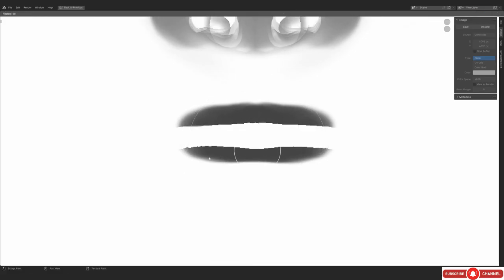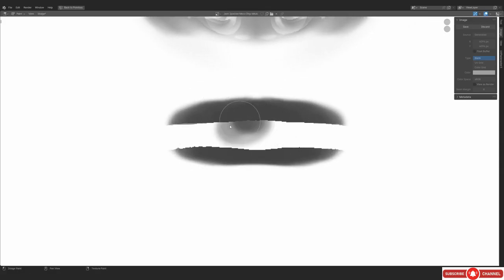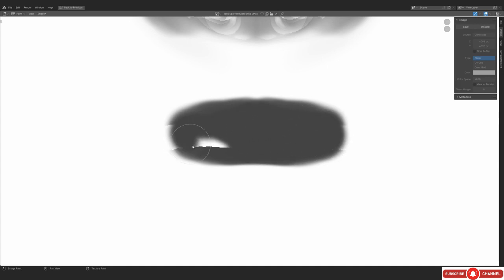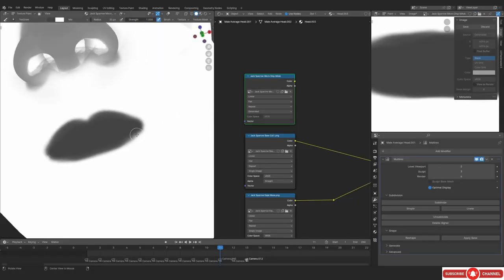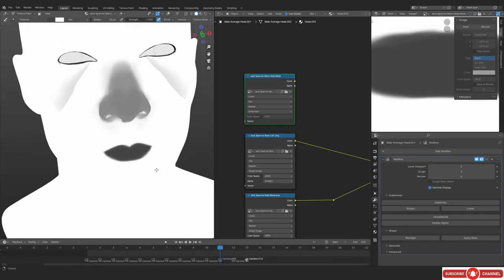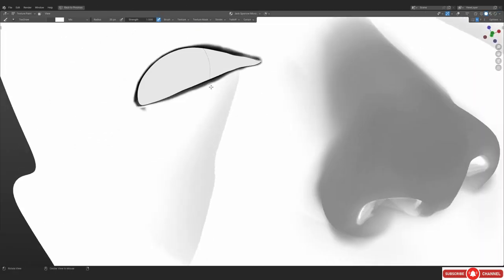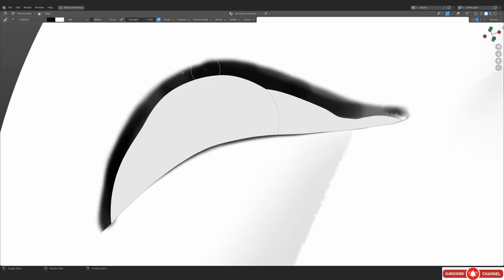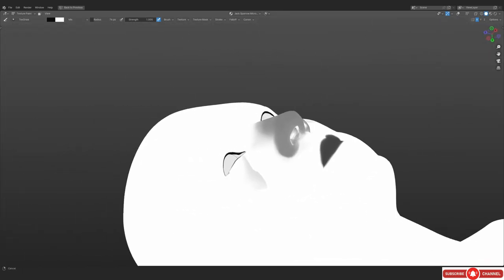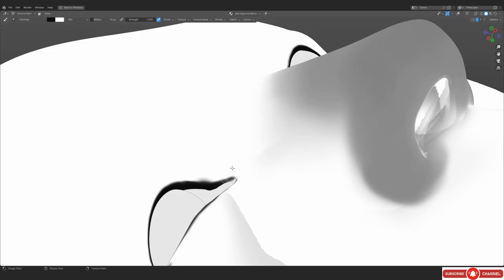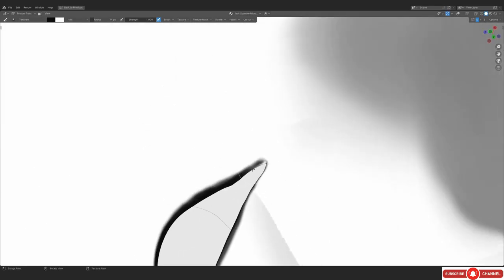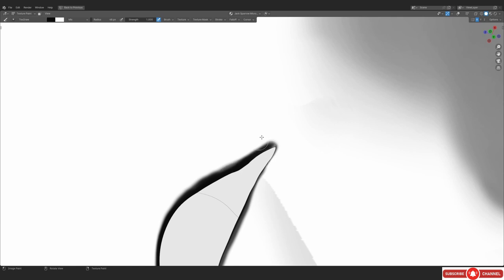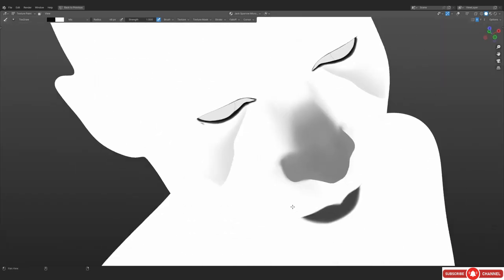For example, we wanna make sure that the strength of the micro displacement is not more inside the mouth. So we actually basically have to do that, and you can see it actually fixed it in the corner part as well. So we're gonna have to do the same thing in this area, and in this area the color is totally black. So yeah, we should not have any micro displacement over here. Alright, at least the good thing is the painting is pretty similar.